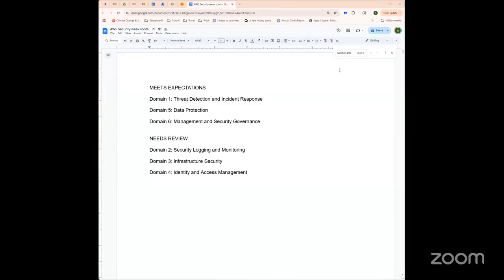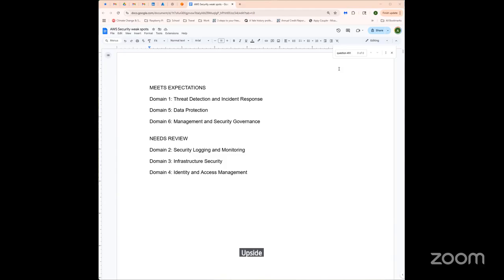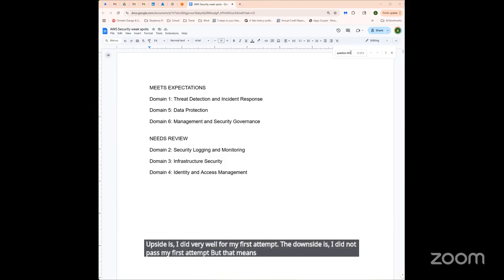All right. So I took the AWS Security Specialty Exam, got a 713 out of 1,000. The passing score is 750. Upside is I did very well for my first attempt. The downside is I did not pass my first attempt, but that means I only missed it by about 2